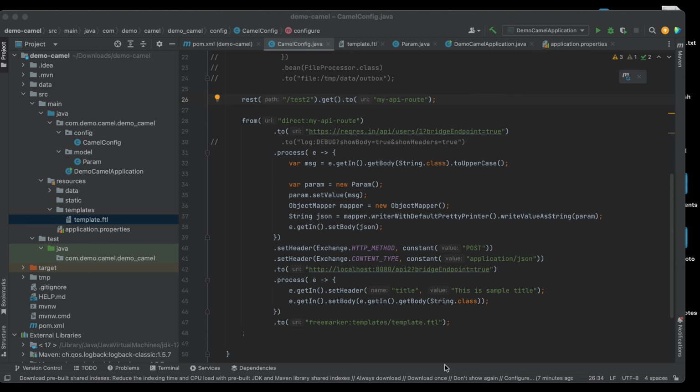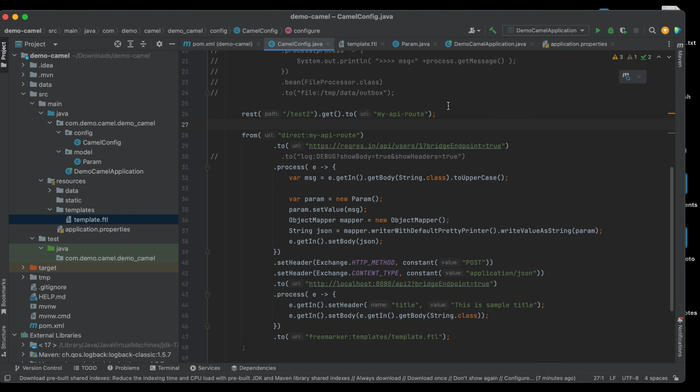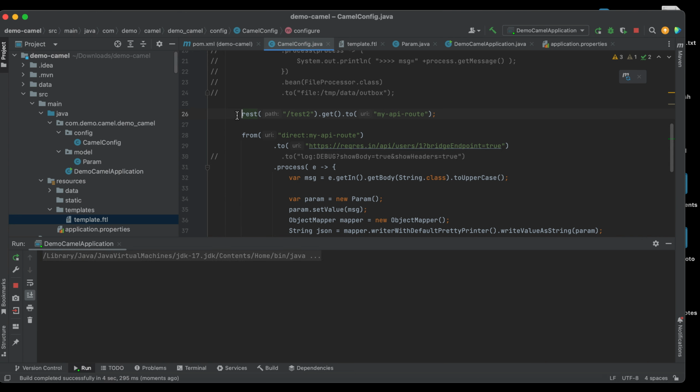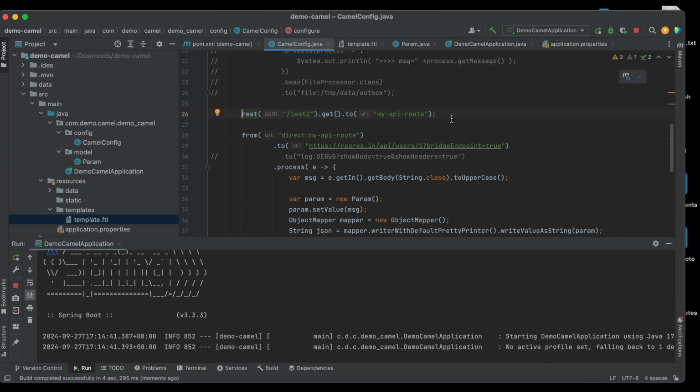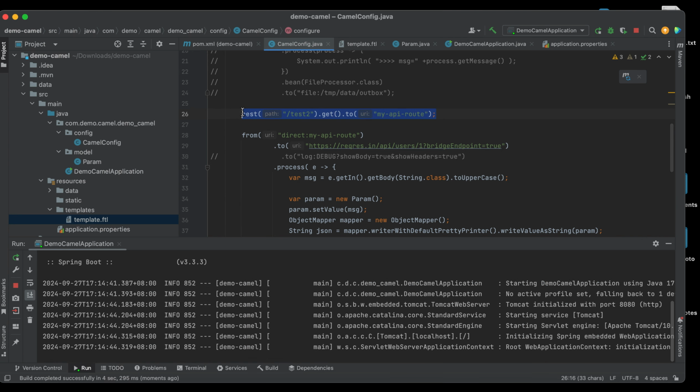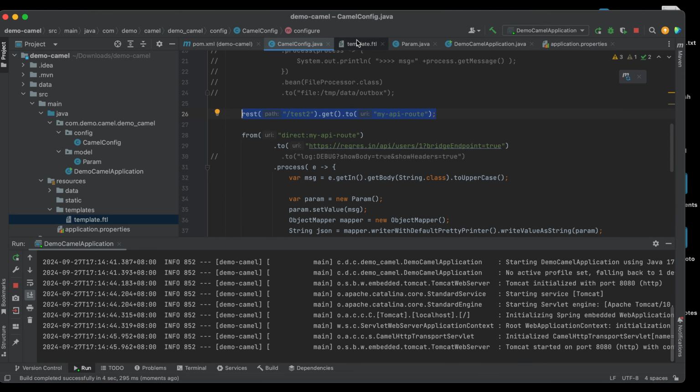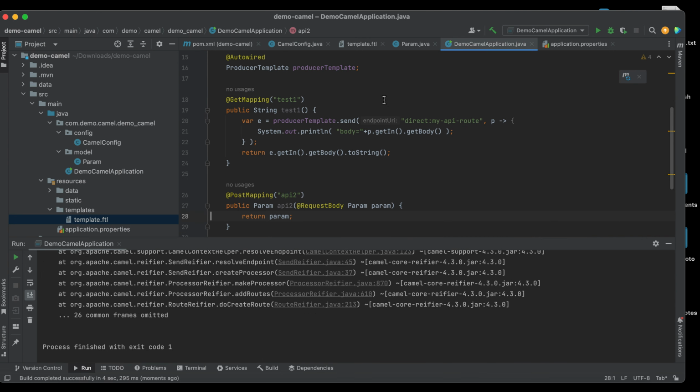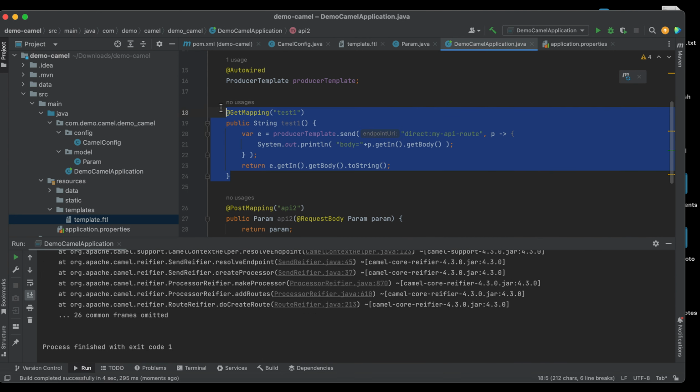Remember, last time I had some issue with the Apache Camel REST. Let me show you the error that we encountered last time. Last time we were not able to call this endpoint, and instead of calling this REST endpoint, we used the Spring Boot controller, which is this one, test one.